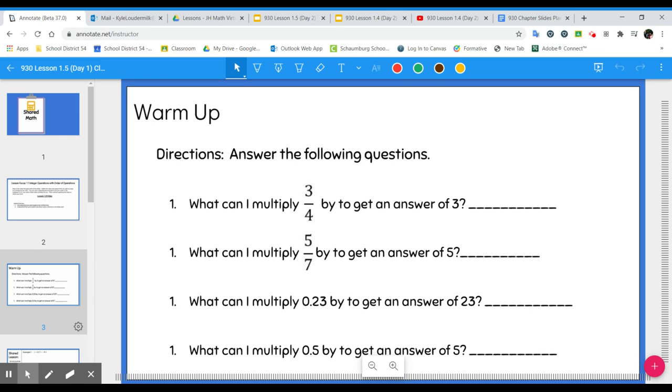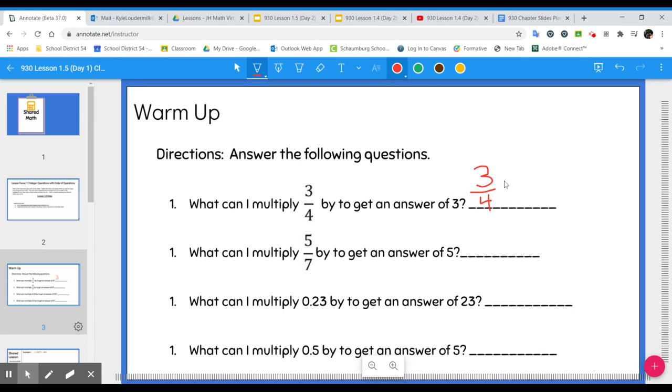So in our warm up, which hopefully you've already done before you're watching this video, if not, pause the video right now and try it. In the warm up, what you're trying to do is figure out how can you clear these fractions? How can you get rid of them? In question one, the first one says, what can I multiply 3/4 by to get an answer of 3? Well, if I took 3/4 and multiplied it by 4, let's see here,